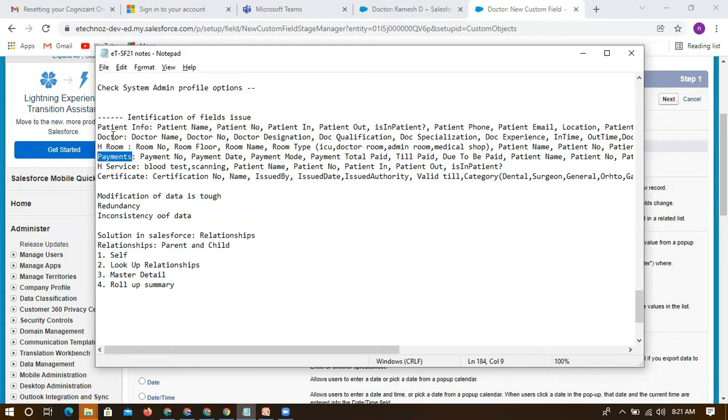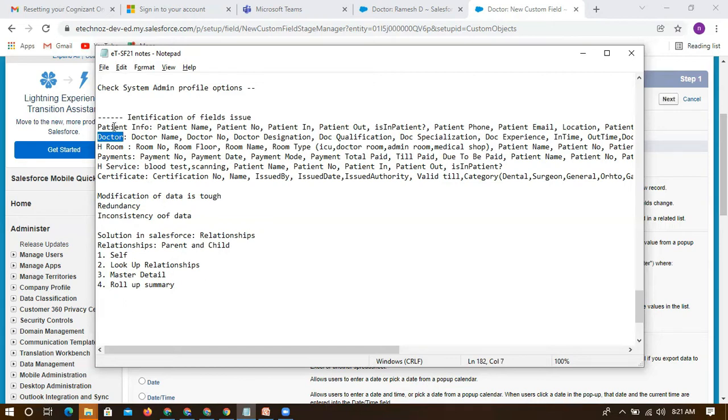That is the flow also, right? So first it will start with doctor, and this doctor can have child records of patient info, and this patient can have child records of payment. Likewise, if this is a child, and for this payments, what is the parent? Parent will be patient info. So for this patient info, what will be the parent?